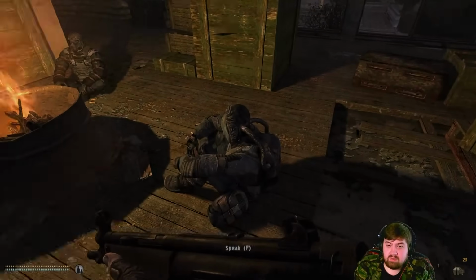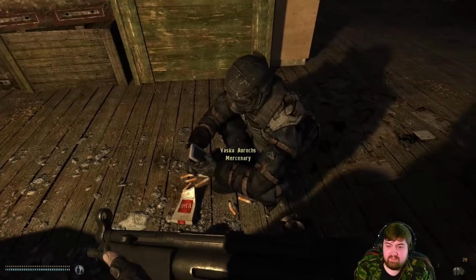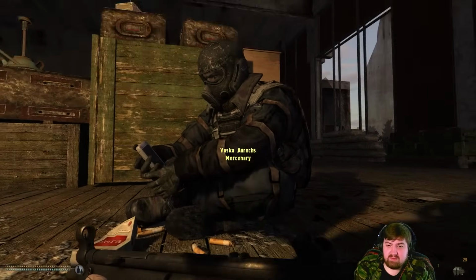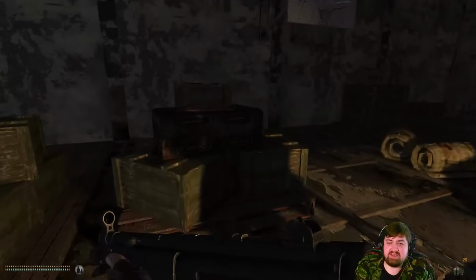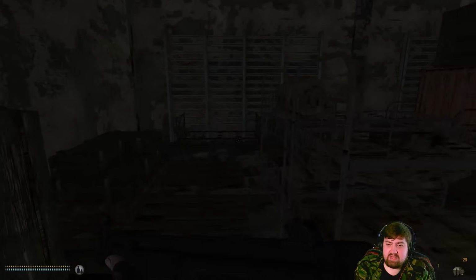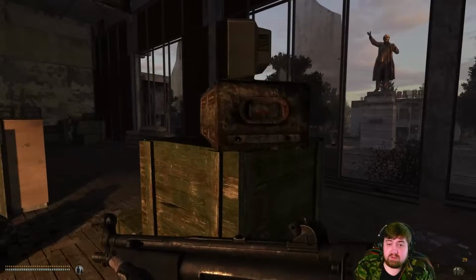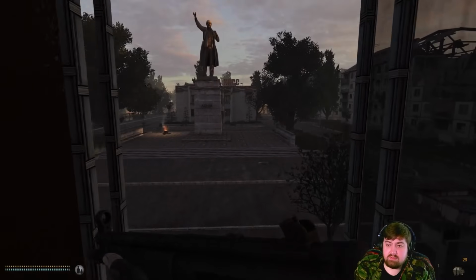How you fellas doing? This guy over here, he's got armor on from like freaking Metro, right? Yep. That's from Metro. That helmet right there. I recognize that. It's from the Metro games. Anyway, we can sleep over here. And that's pretty much what we're going to do, I think, because there's not much else going on. And night is falling. So...